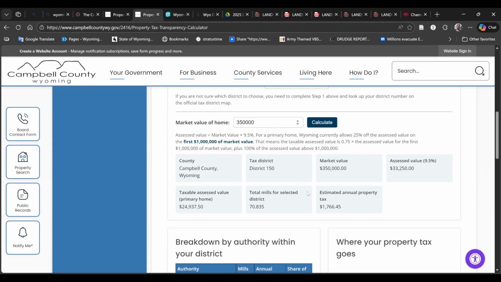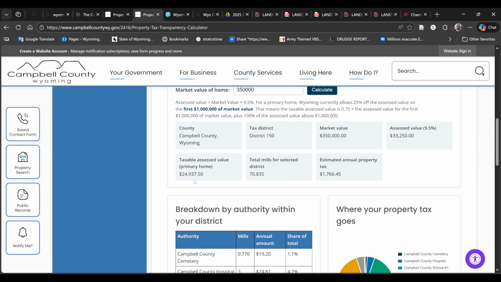Let's go back over to the tool. But remember, the state legislature also gave a 25% tax break off of that assessed valuation. So if we reduce this by 25%, we come up to a number right here of $24,937.50. This is, for all intents and purposes, your assessed valuation that you pay taxes on. And you're going to pay a certain amount of mills. In Campbell County, for this district, it's